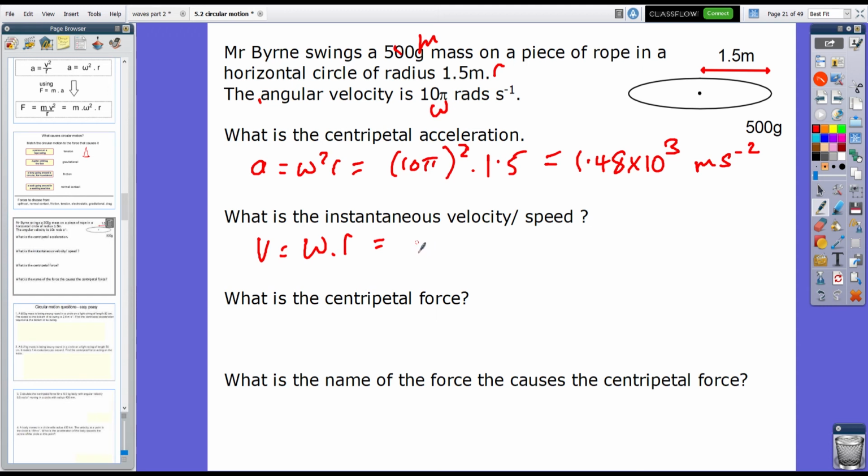Well, omega is 10 pi, radius is 1.5, so that's 15 pi, which is 15 times pi, 47.1